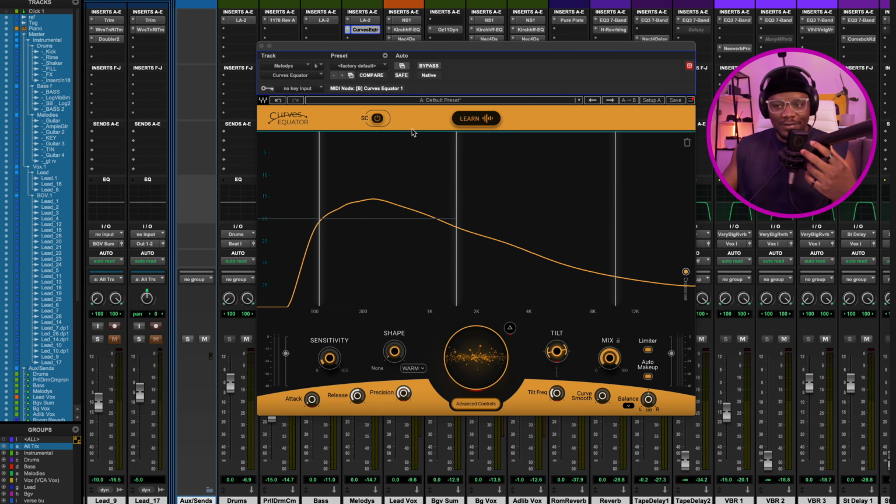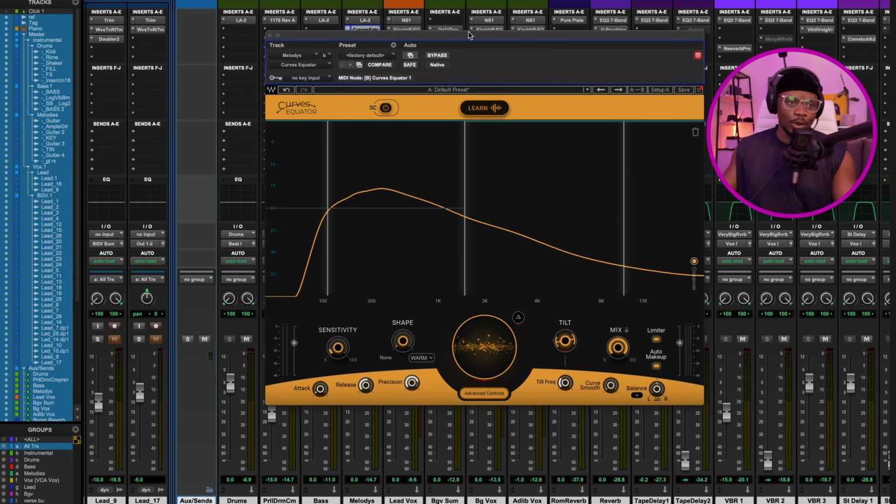Ladies and gentlemen, boys and girls, we have a new, amazing, brand new plugin from Waves. We're talking about the Curves Equator. This is a very amazing plugin. This is, in my opinion, a Soothe killer. Do you understand what I'm saying? Because rather than getting a one-size-fits-all resonance and frequency masking tackling solution, you get a custom solution that fits your